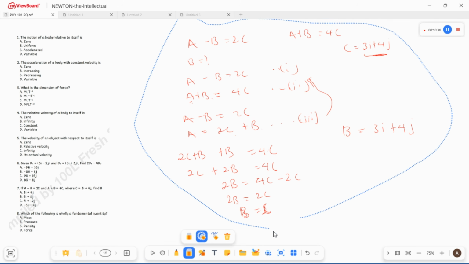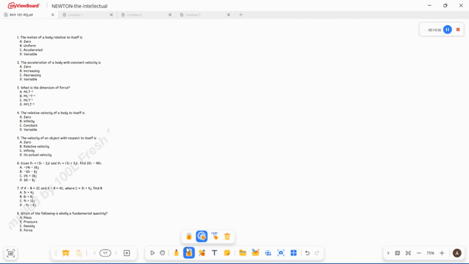Right, and then we take question 8 and then we move on to the next section of our questions. Question 8 says, which of the following is a wholly fundamental quantity? Now, wholly there is just English. Wholly means totally or fully or completely. So which of the following is totally a fundamental quantity, or is fully a fundamental quantity, or is completely a